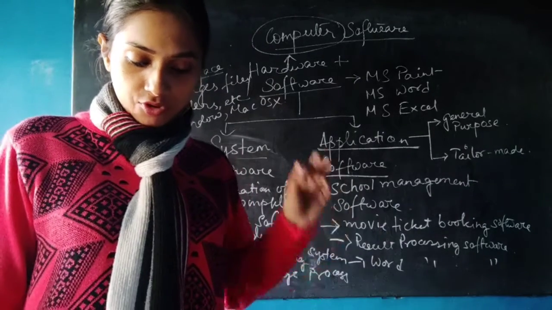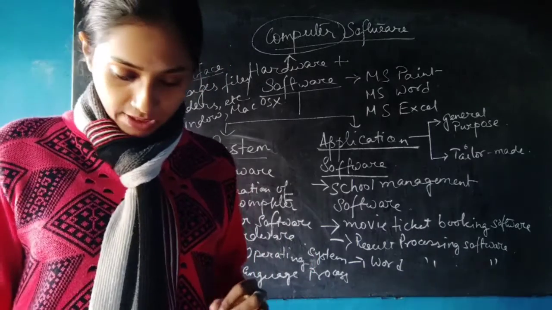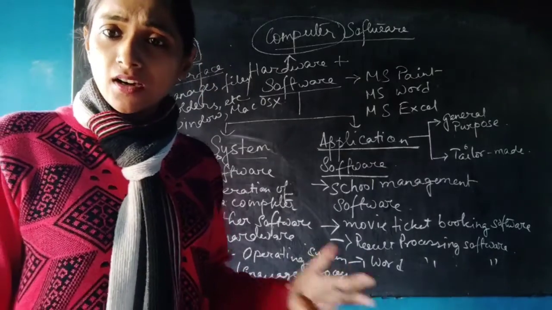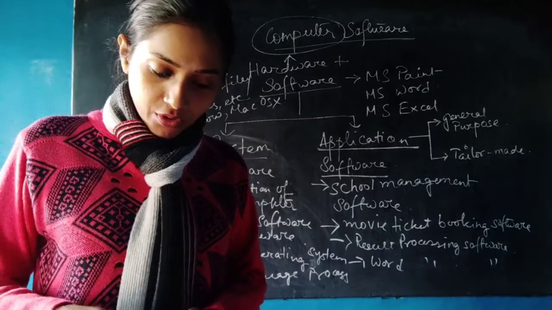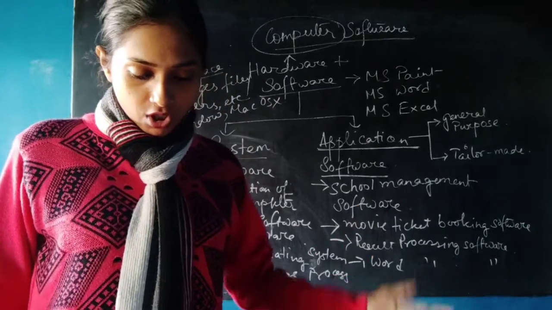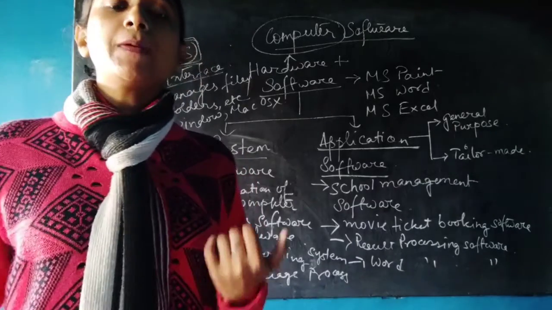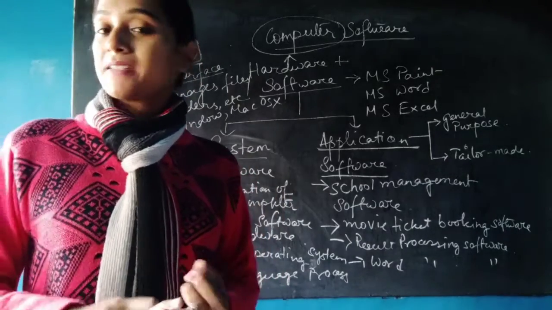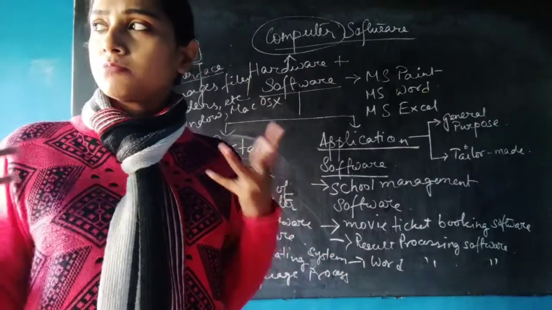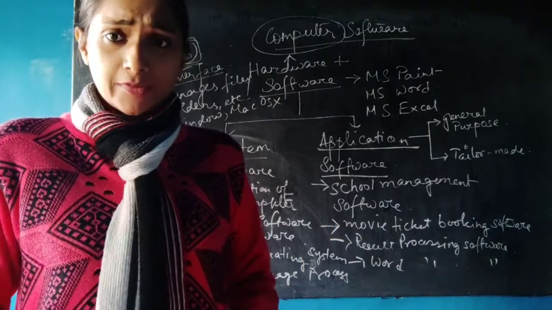General purpose software is software that is designed to satisfy the common needs of people. It means it is available off the shelf easily in the market. If we need software to draw and paint, we generally buy software like MS Paint. We would not employ a programmer to develop it for us. So general purpose software means MS Word, MS Excel, MS Paint. These are required by most people, so it is generally available.